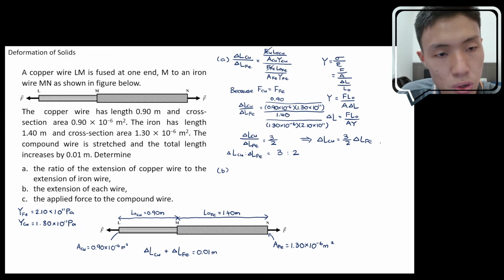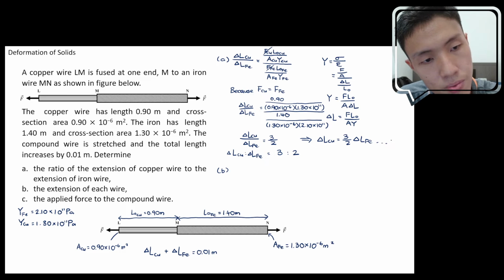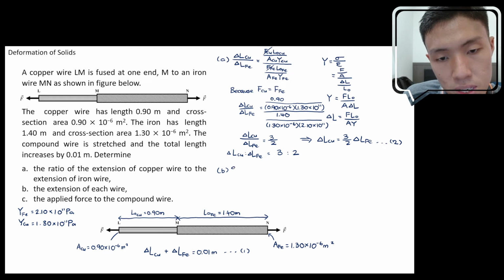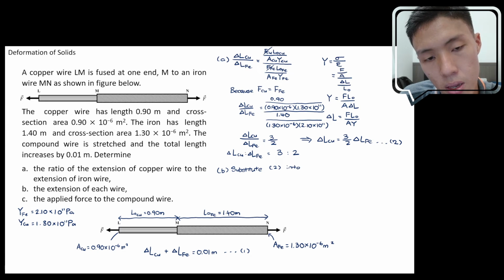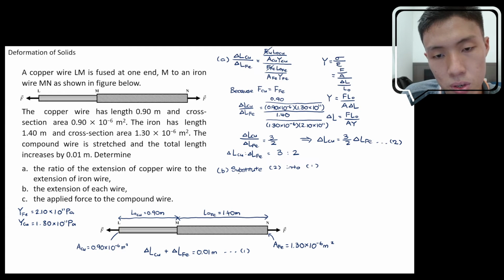Okay, so let's call this equation 2. Let's call this equation 1. So what you're going to do, you are going to substitute 2 into 1. So now your equation will be